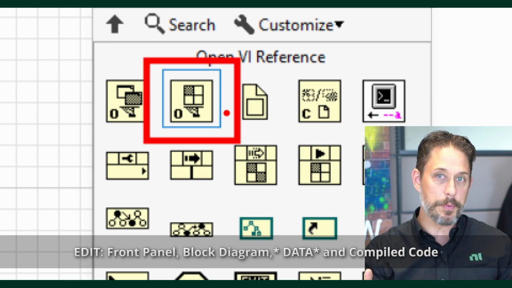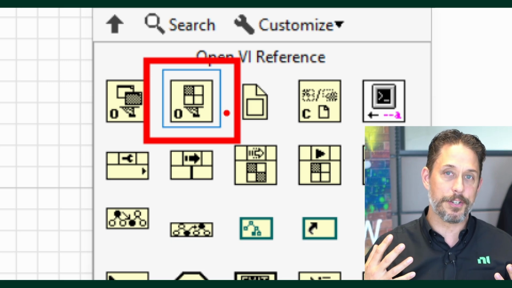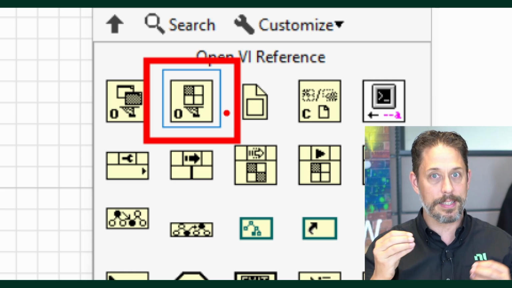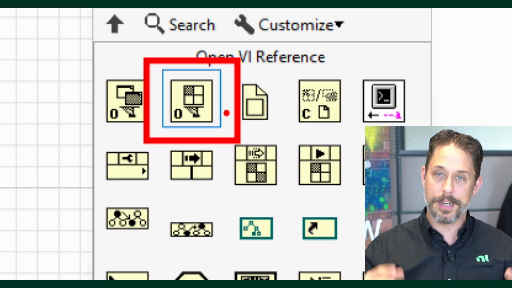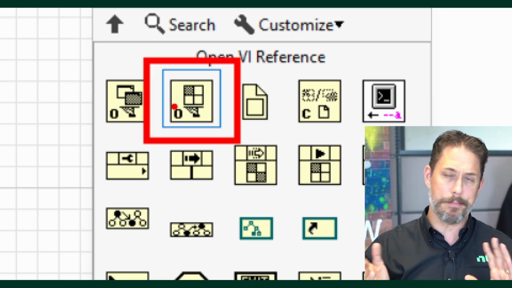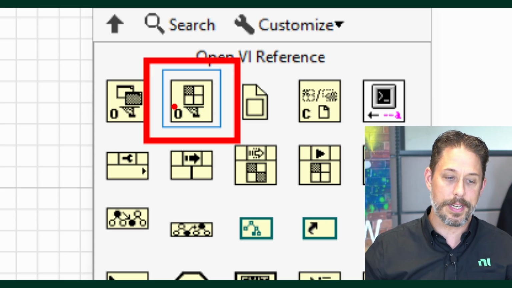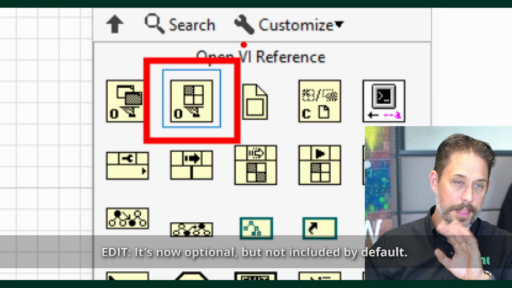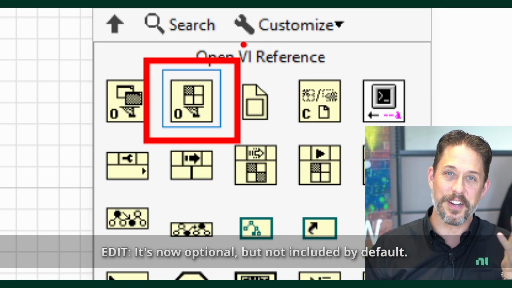Now, many of us that have been using LabVIEW for a long time probably understand that LabVIEW is not an interpreted language. It is actually compiling down to binary, machine code, and so on. And we used to include that as part of the VI itself. And we changed that maybe circa 2013 or 2011, where we no longer include it, and it's for a very specific reason. That little square, maybe it's the one that's dark, I don't know which one we want to refer to it as,